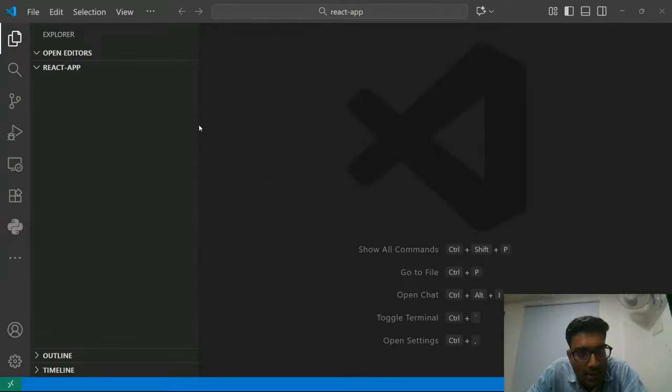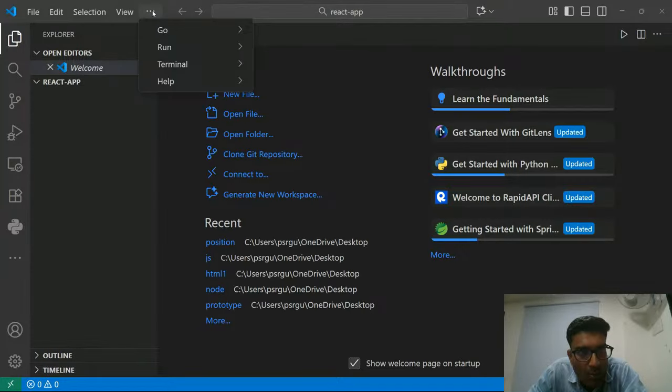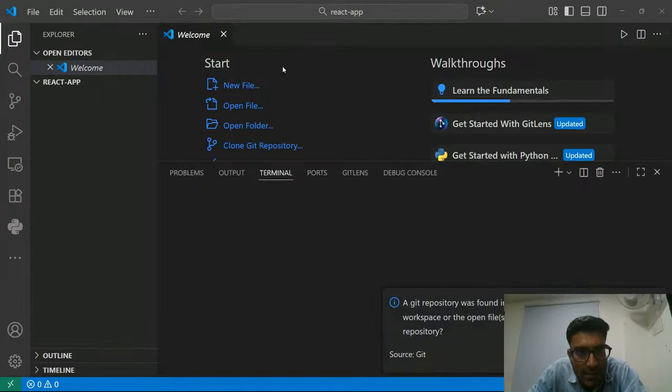So I've opened this folder react-app inside VS Code, and now here we have to open the terminal, the integrated terminal.